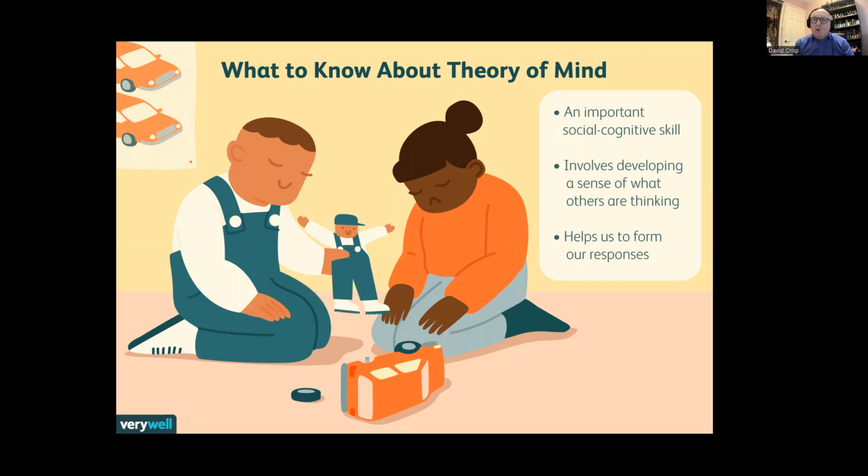Theory of mind is an important social cognitive skill. It involves developing a sense of what others are thinking and helps us to form our responses. For example, children at a very young age will normally gradually gravitate towards one another. They'll play with each other. Initially, maybe just looking at what they're doing, and then they'll join in the group, maybe alongside them, and then they'll join in. An autistic person may not know when it's appropriate to join in, so they'll play alongside that person,